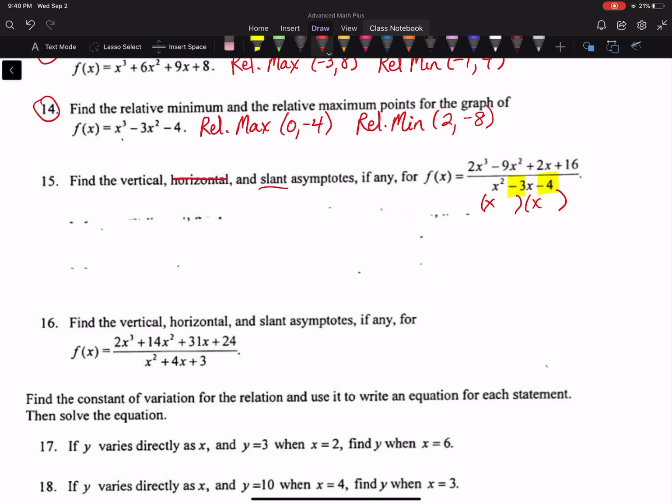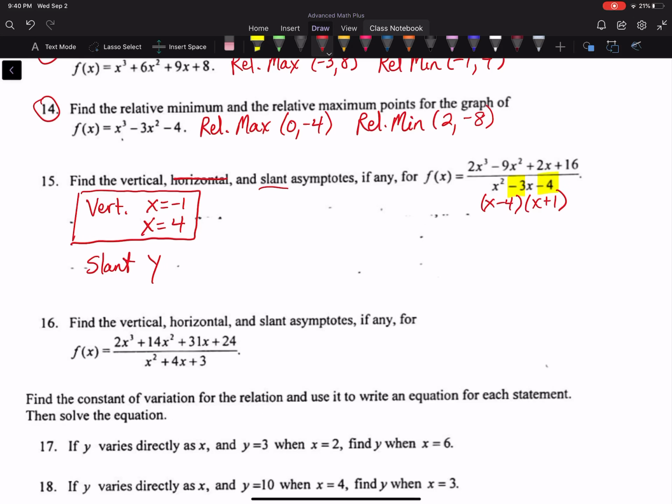Well, that's -4 and +1, and so I have vertical asymptotes at x equals -1 and x equals +4. Do not forget to put x equals. Remember, this is a line, so you got to write an equation for it to be correct. So you have to put the x equals. Okay? To get the slant,